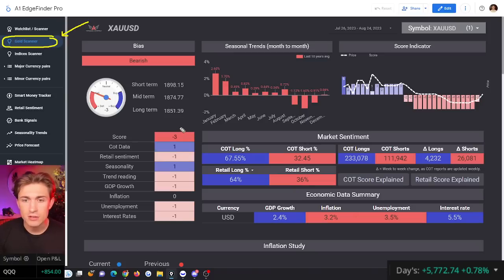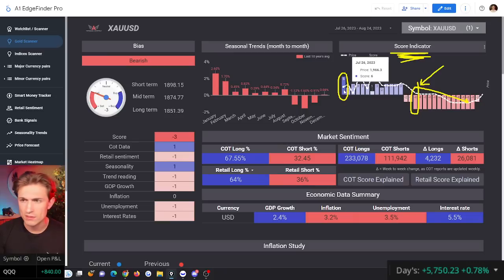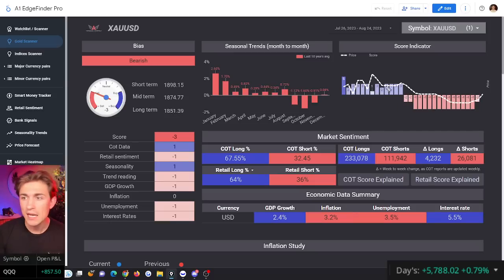What I'll show you guys here is that we're getting a -3, which is a soft bearish score. It's not a super strong bearish reading, but we can also see we added something over here called the score indicator to the Edge Finder. This allows you to see where the Edge Finder was calling certain bullish or bearish readings. For example, check this out. Early August, the Edge Finder was pointing to bearishness for gold, and we saw a persistent downward trend follow for quite some time. Back in the beginning over here, let's actually hover, where was this? This was back in late July, we had a bullish reading for gold, and it persisted to the upside